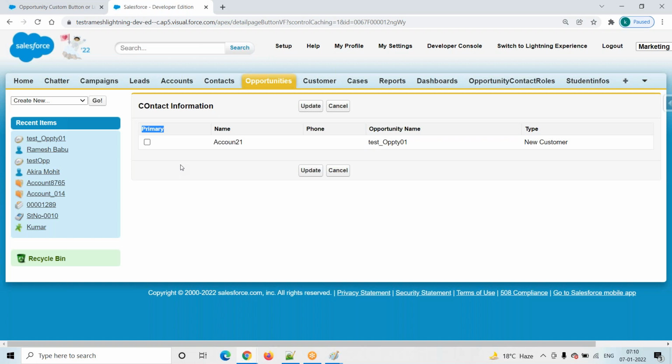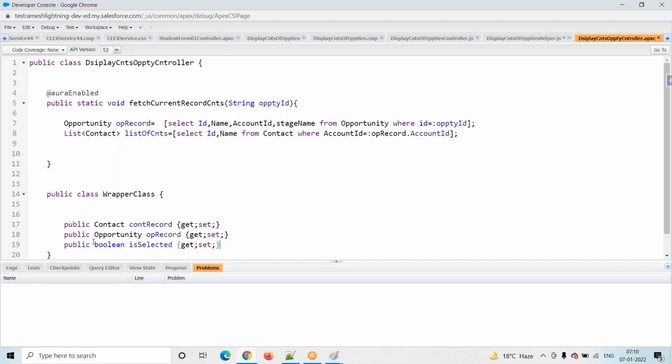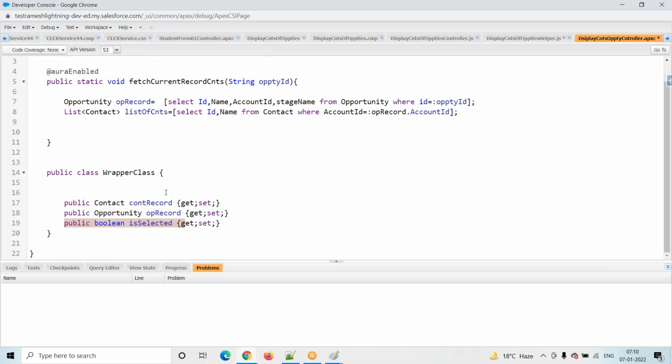While writing a wrapper class, shall we use the same order here? The first one is a checkbox, right? Here we will also use the checkbox. No, it is not like that. Any order is not required. However you want, you can just go and declare the variables. Okay, now what is my next step? Next step, I will write one constructor, public